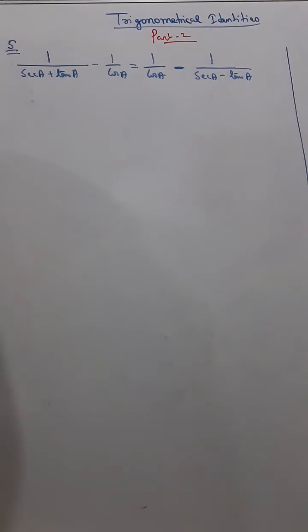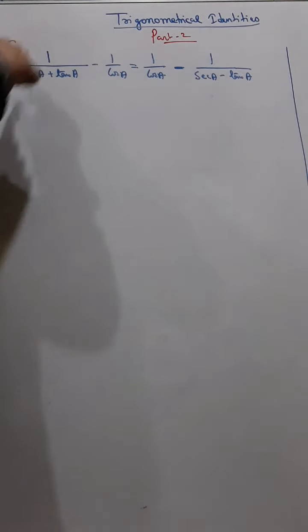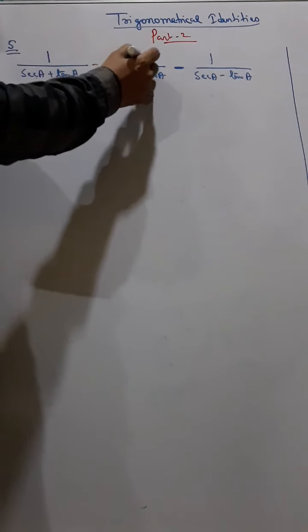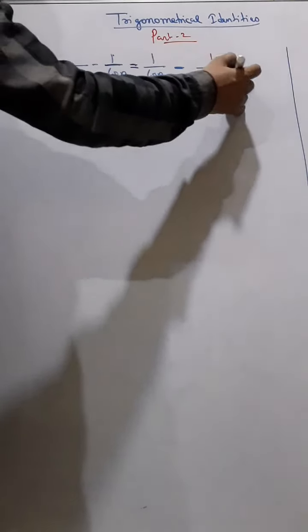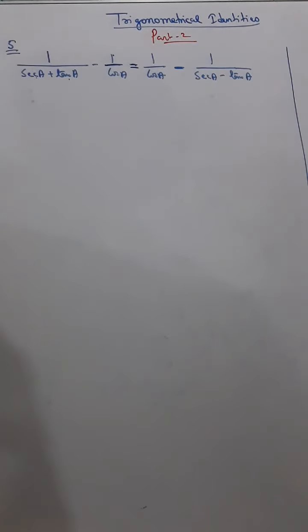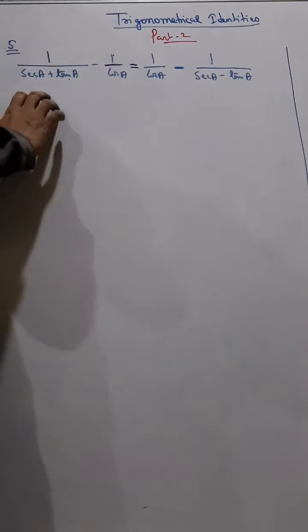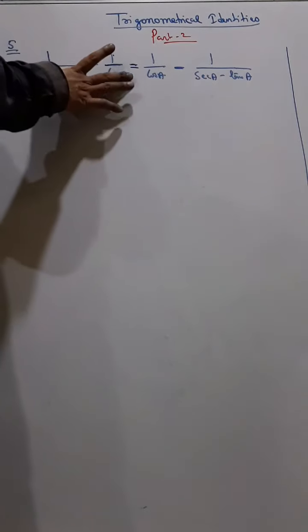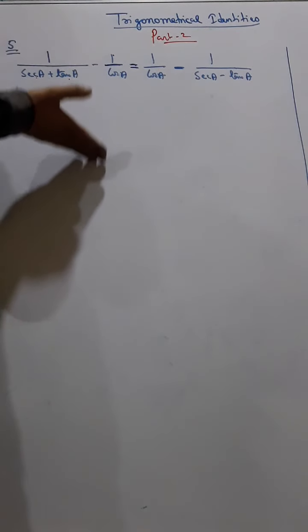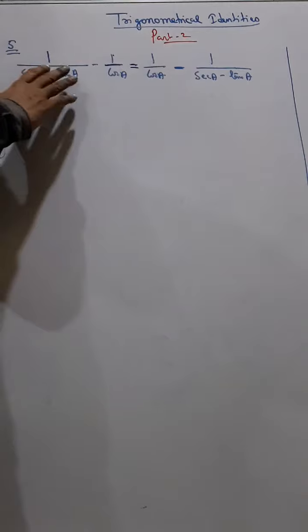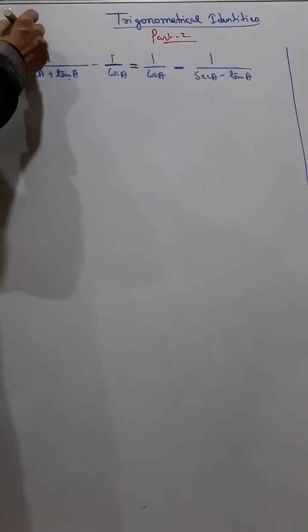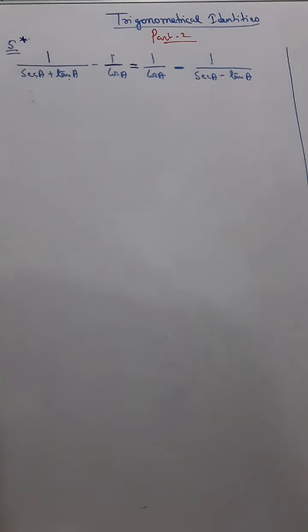Okay. Now see in this sum, we have to prove this 1 by sec a plus tan a minus 1 by cos a equals to 1 by cos a minus 1 by sec a minus tan. You can see in this sum, similar terms are not together, and therefore if you just normally try to solve this in left hand side and then right hand side, then you will find it very difficult. Now this is also a special sum. You have to remember this method to do it in a very easy way.